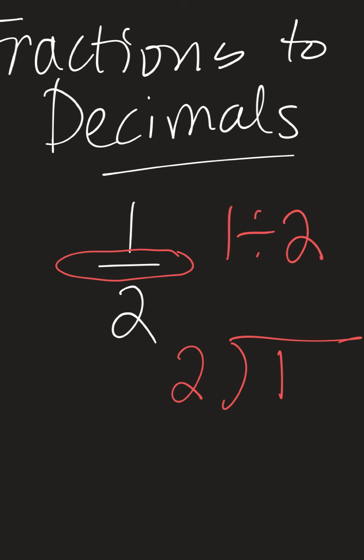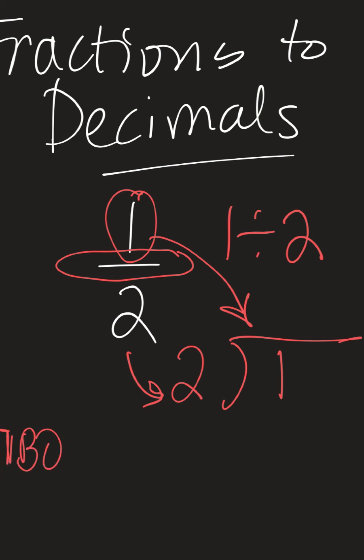Now, when I'm dividing, I'm always going to put the numerator inside and the denominator outside. A little tip we can use to remember this is T-bow: top in, bottom out. T-bow. So I am going to look at the inside and think, how many times does 2